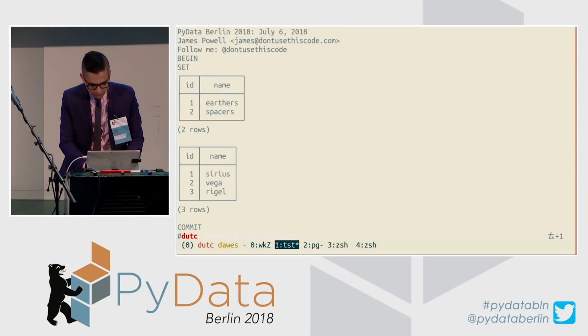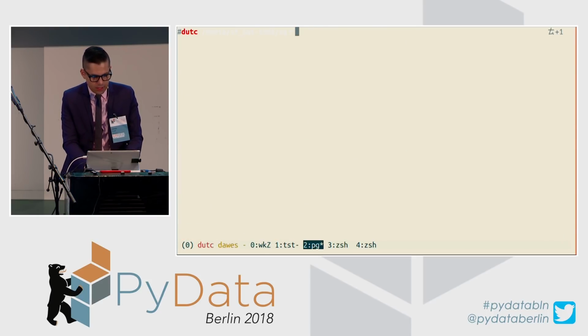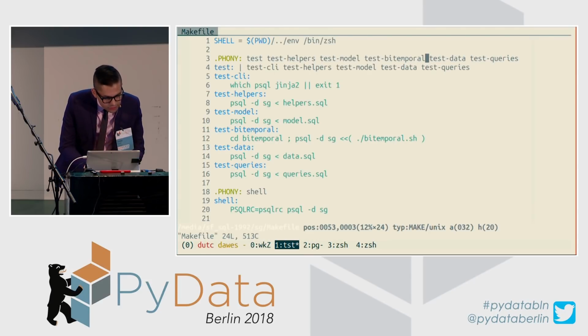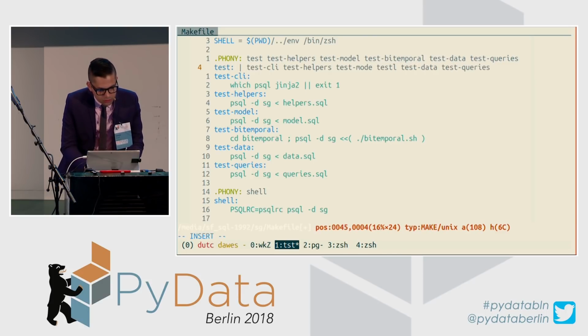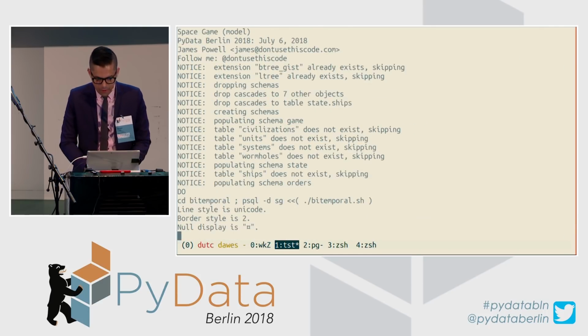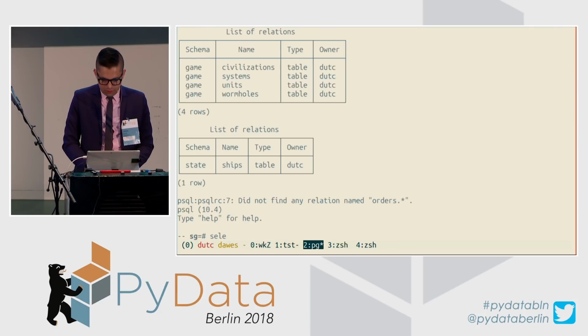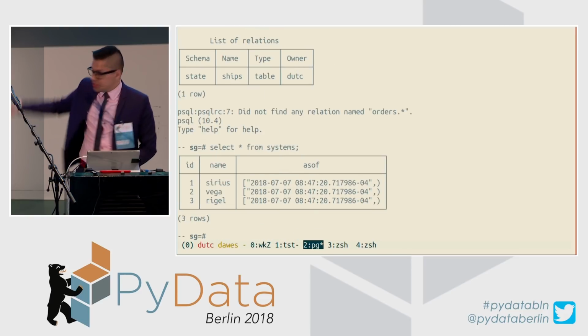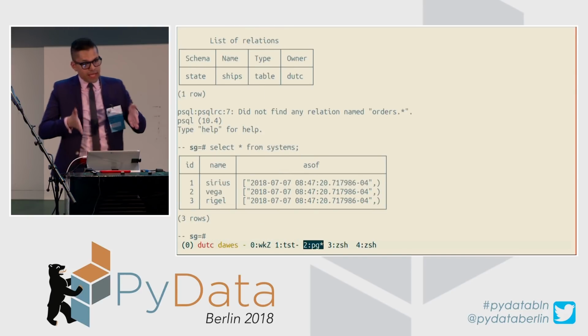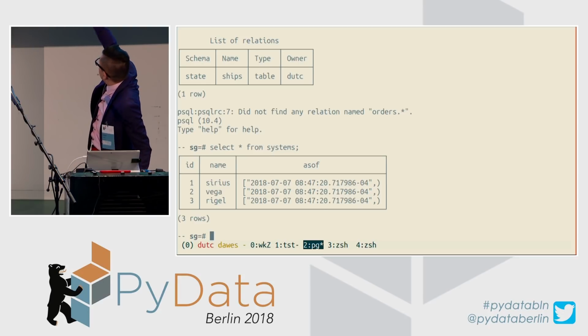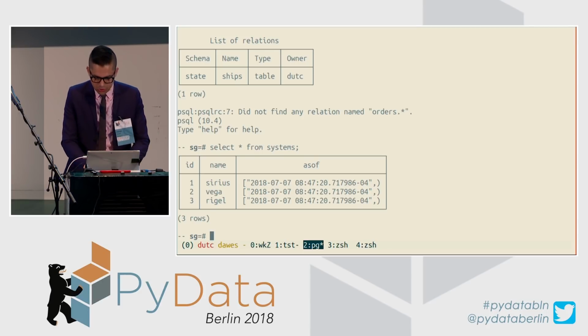So I'll run this, and I'll look at my tables now. Just make sure I did that right. Test bitemporal. Oh, I need to do it here as well. Okay. And if I go into my shell here, here are my solar systems. You can see it automatically inserted this as of table. What this as of table represents is the system time. It represents the time which this row is active.